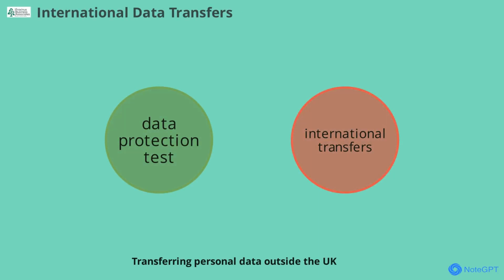On transferring personal data outside the UK, the Act introduces a new data protection test to assess whether such transfers are allowed. Instead of requiring equivalent protections, companies must now ensure that the protection in the destination country is not materially lower than in the UK. This approach is more flexible than the EU, making it easier for UK businesses to operate globally while still safeguarding individuals' rights. Companies should review their transfer risk assessments and update documentation to reflect this new standard.